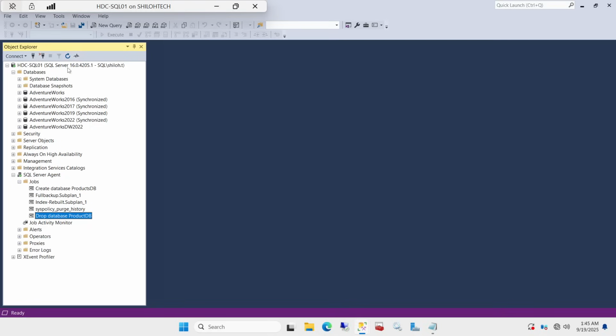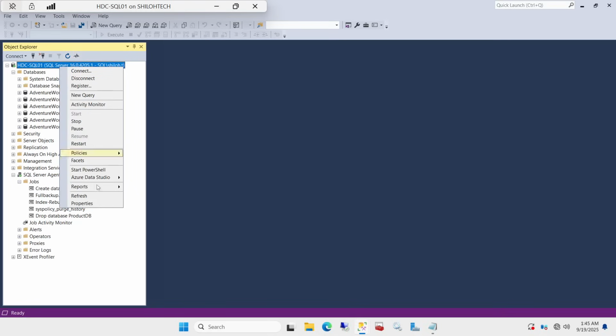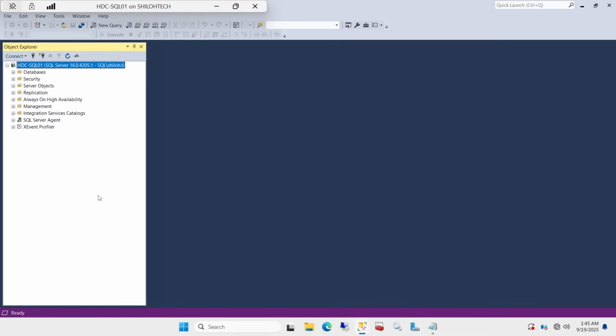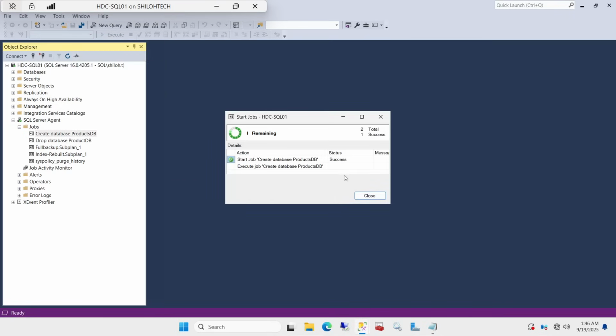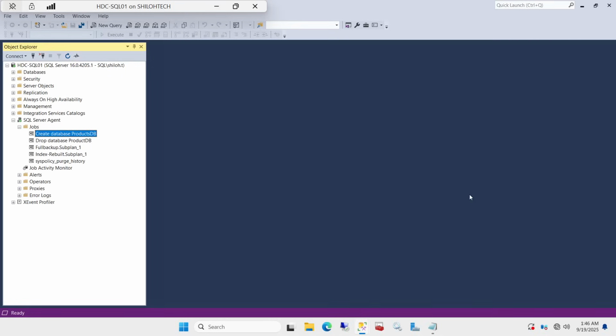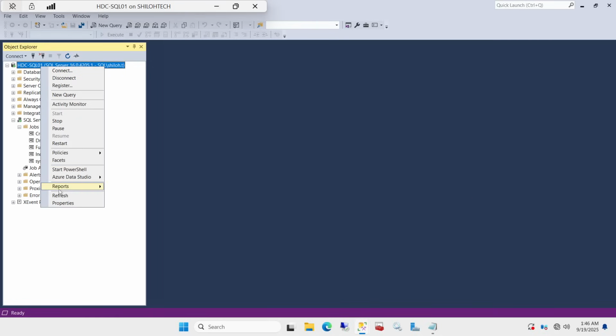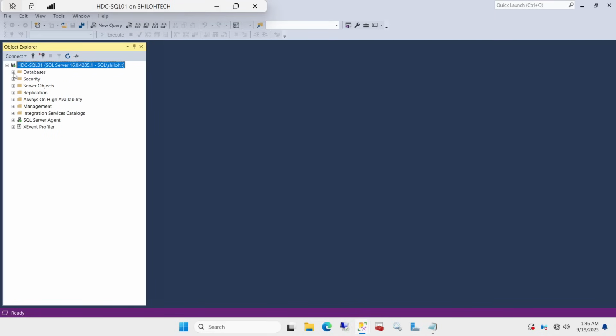Let me just show you how this is going to work. Probably you already know, but I just like to show things. So we go to our agent level and click on the job. We created this job so it runs at the time we want. But if we wanted to run it right now, we right click and say Start Job at Step. Click on Start. Now this job is running. Success, success. Everything succeeded, right? So if we right click here, refresh, and expand the plus sign,